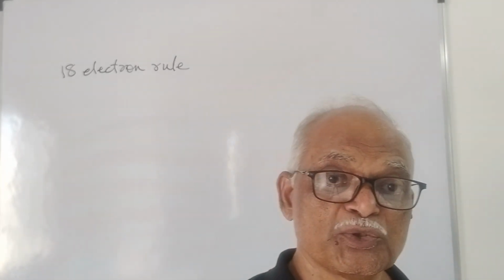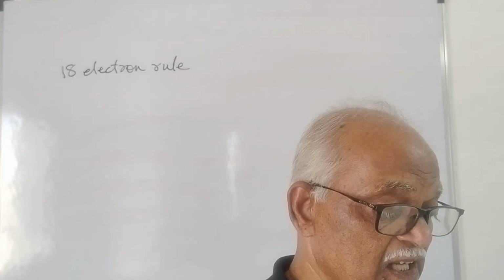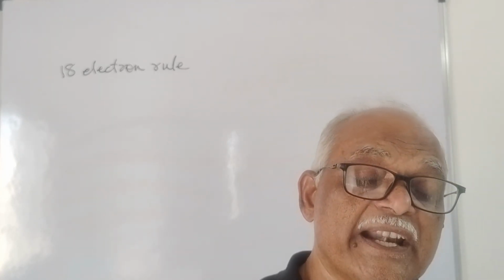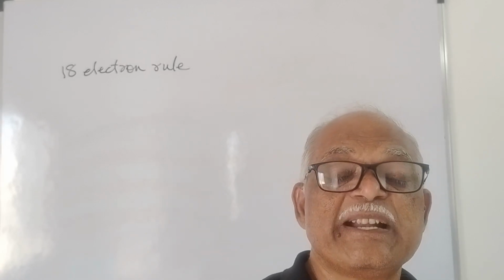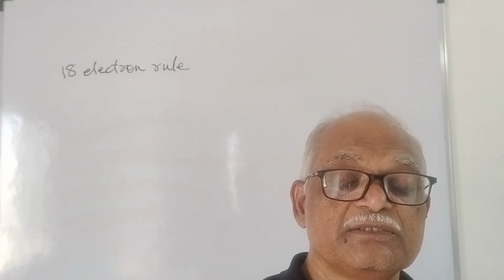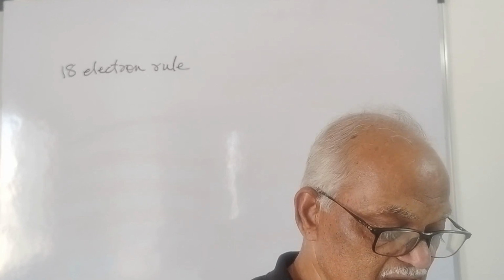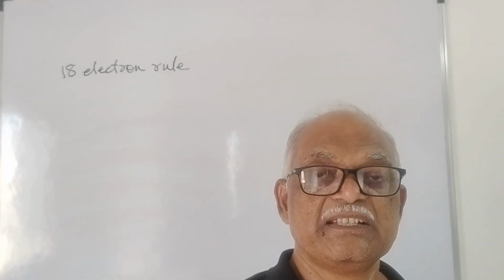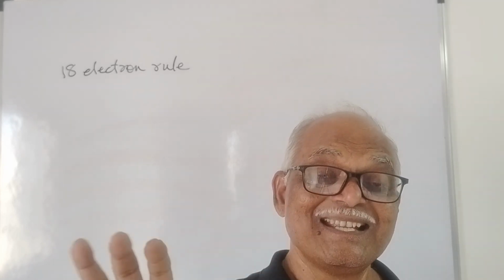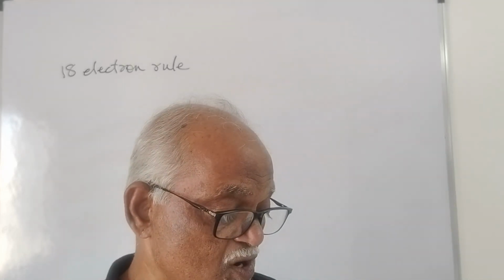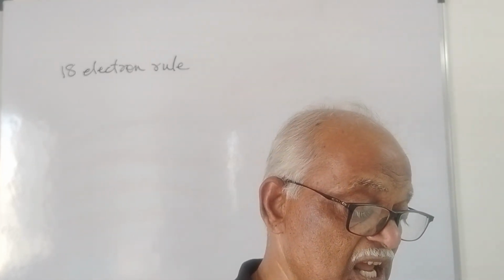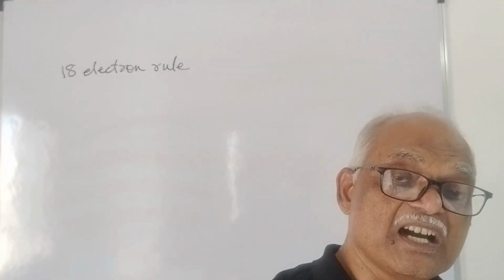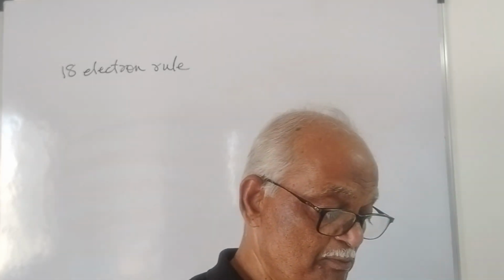The 18 electron rule statement is like this: thermodynamically stable transition metal organometallic compounds are formed when the sum of the metal d electrons and the electrons conventionally supplied by the ligands surrounding the metal